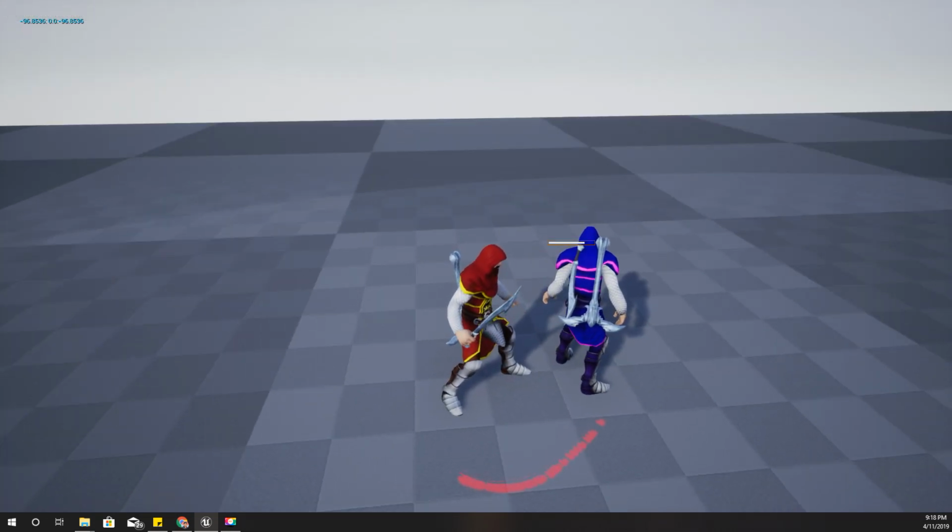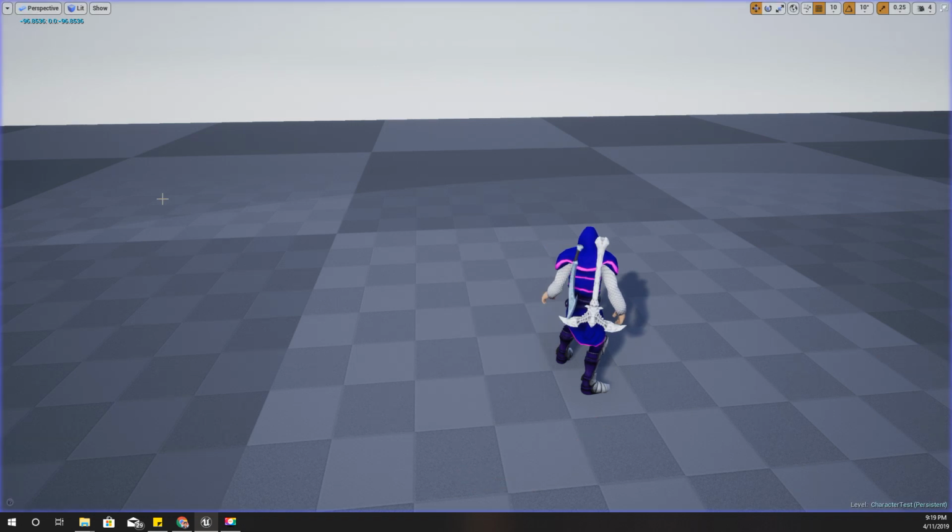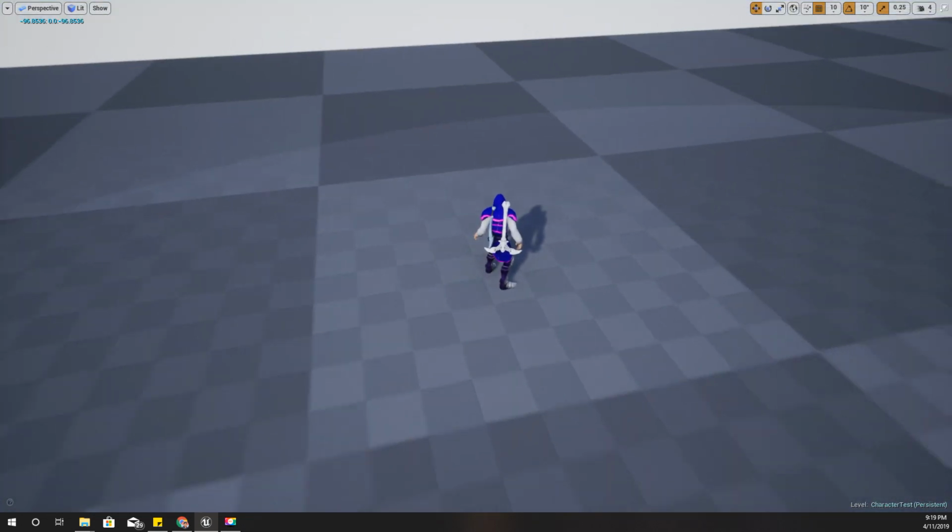Okay, now you can see in the top left corner the look at rotation yaw should be minus 96, and this character's rotation yaw is 0, and the difference is minus 96. Okay, so now let's